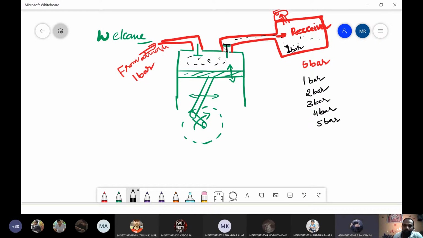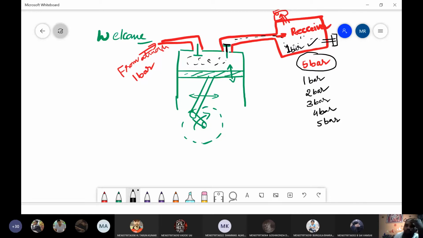Can you repeat once more? Right. Now let us say initially nothing is there. Let us assume we cleared whatever air was present inside the receiver tank and used the entire air, and nothing is there. It is simply an empty tank. Now the air compressor started, and thereby the air is storing inside the tank. At present the pressure inside the tank is 1 bar. Our required pressure is 5 bar. As I told, the pressure is increased slowly, 1 bar to 2, 3 like that.